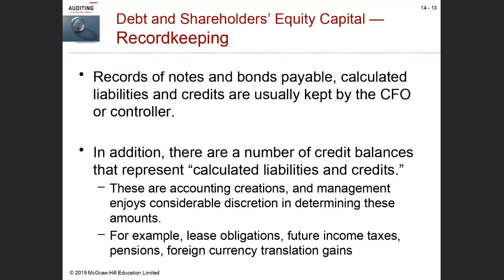Record keeping. We have to have proper record keeping in order to maintain control over the capital that's been issued in the company. So again, we've already talked about bonds payable. Control over actual legal agreements typically will be with the lender of the funds. But again, normally the CFO will have copies of the actual bond indenture in their possession, so that they can ensure that the bond payable is actually being accounted for properly, right? So they can reference that legal document as they may need to.